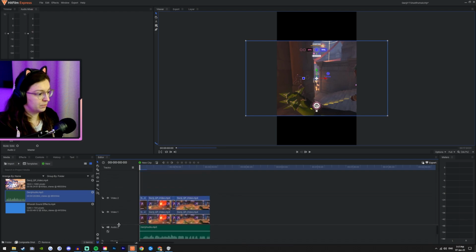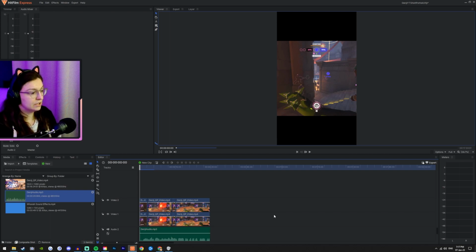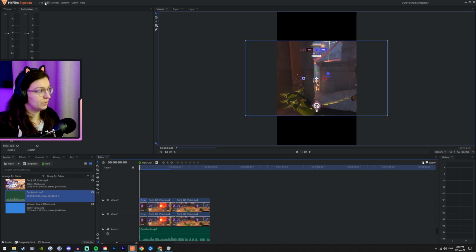Okay, I'll move the audio below to the bottom so we have more space for videos. So we need one for blurriness, and then we need one for the masked image of myself, and then we need to add on top the frame from an image. We need to mask it so it matches my portrait, my camera. Okay, so we have this duplicated, but we need to change the settings